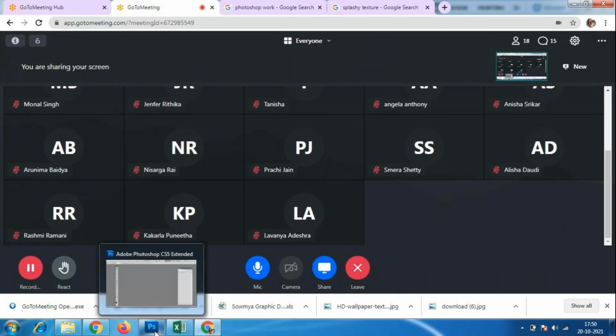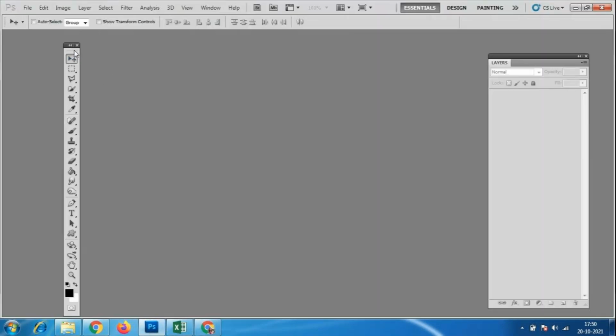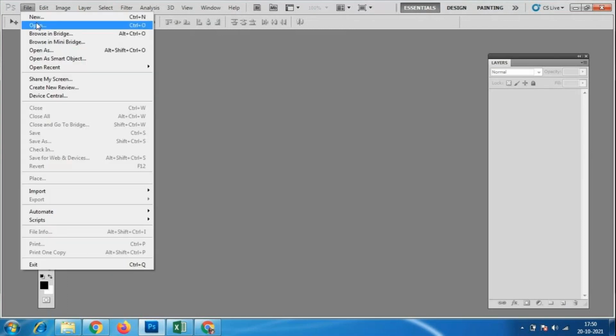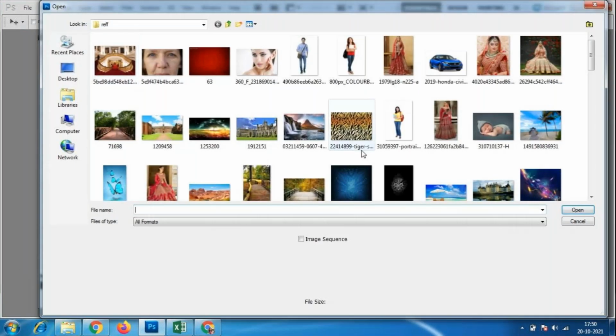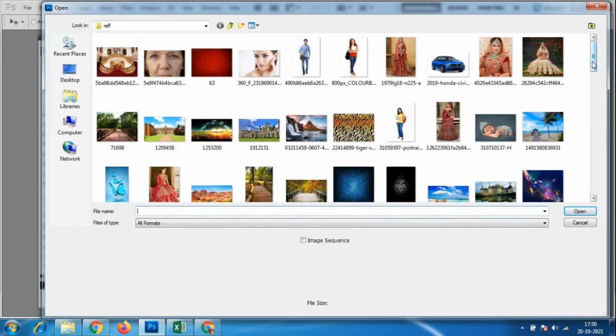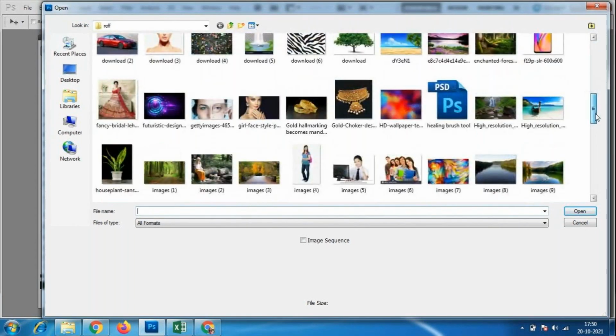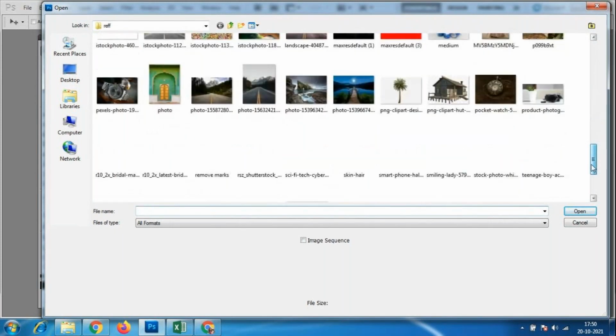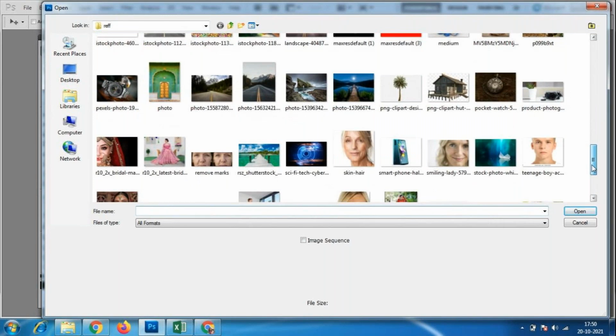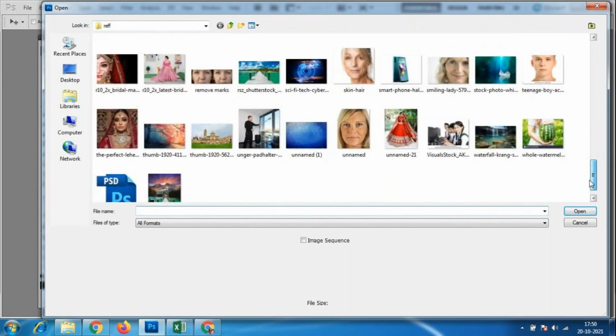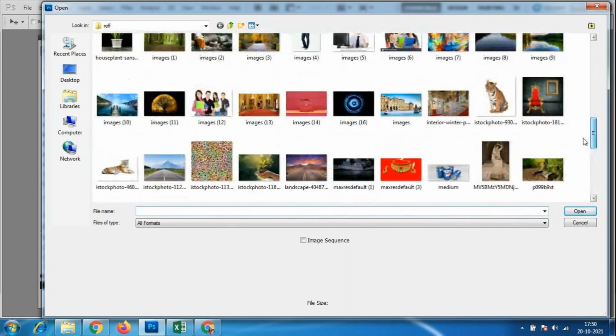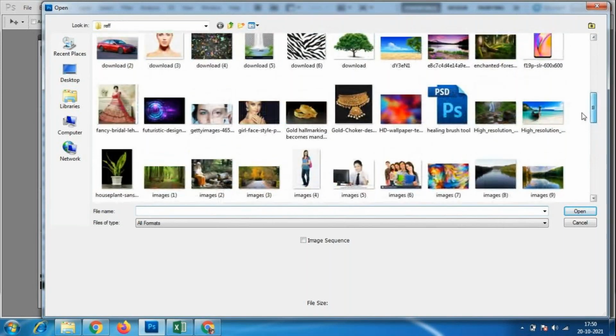Okay, we'll go to Photoshop software. Yesterday we did the texturing, the face texturing, so I will come back to those things. We have to make the face texturing. Some of the outer characters' textures we have to make splashy kind of textures. We have to make it on the face. For that we have to take a particular image which will match that face.